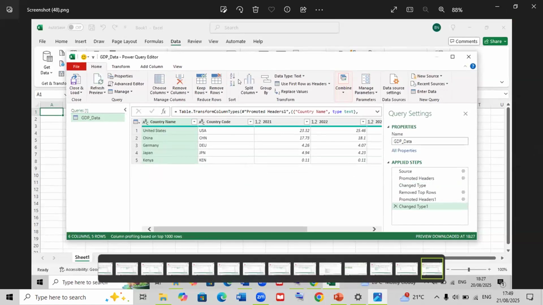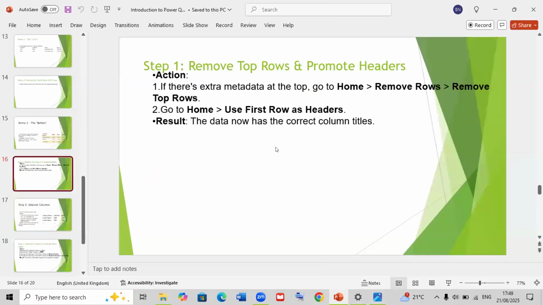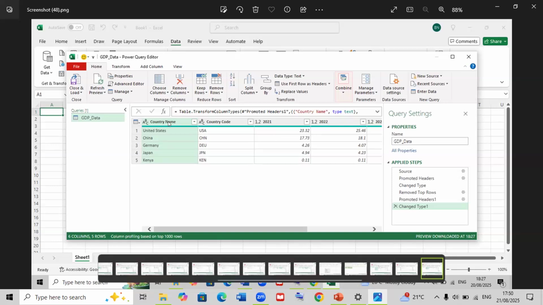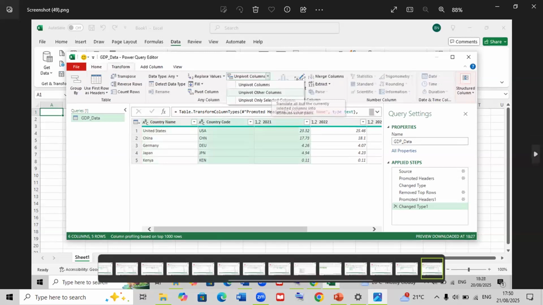The next one is you make the country name and country code become the headers over here. So the next step it will be